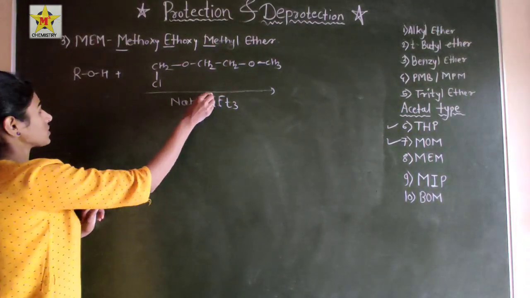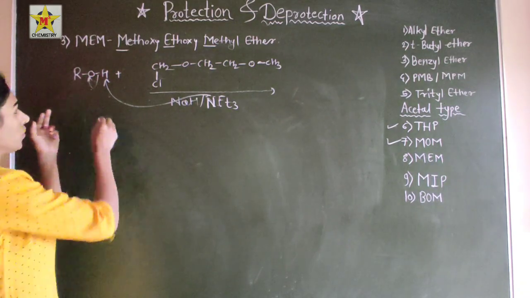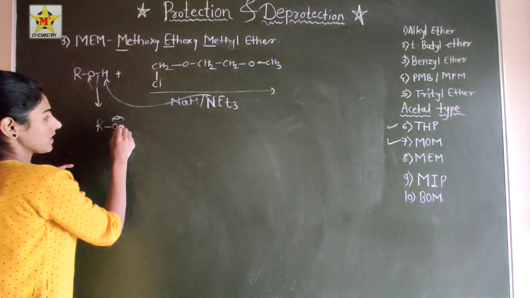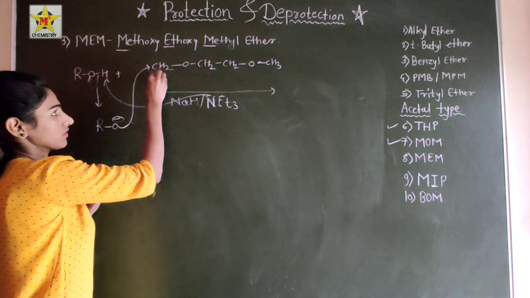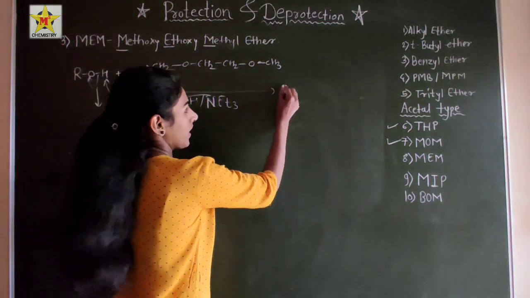So the nitrogen lone pair will abstract this hydrogen atom and it will become RO minus, and this O minus will attach over this CH2 group, and Cl will depart, and formation of